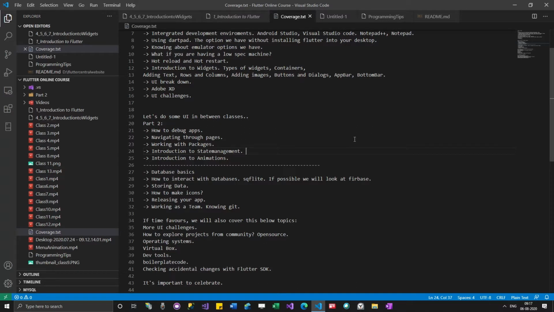What exactly I'm saying is, if your app is not performance sensitive, which means even if there is a performance issue in your app and it is still okay, you can go ahead and use stateful widgets.